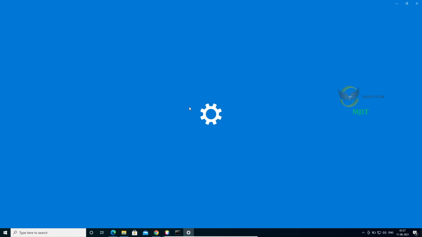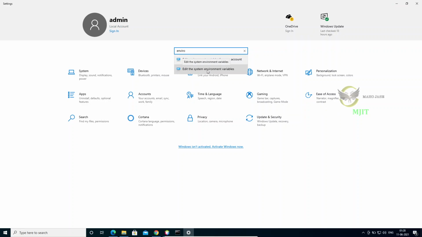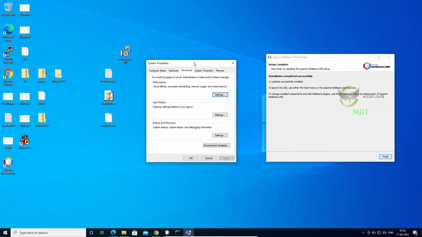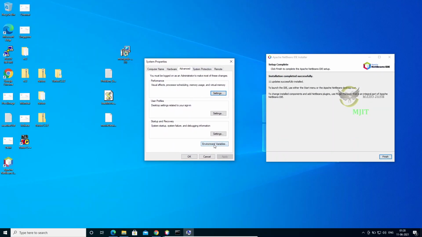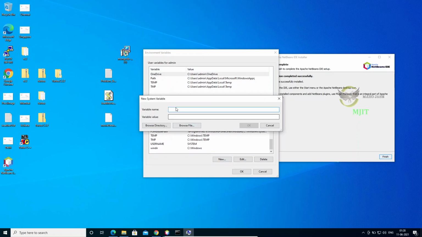In the settings we need to type environment variable, so Edit the system environment variables. Click on that. It will give you a pop-up. In this pop-up, click on Environment Variables. If you see here, there is no variable called JAVA_HOME. That's the reason it was not coming. What we're going to do is click on New here. For the variable name, you type JAVA_HOME,